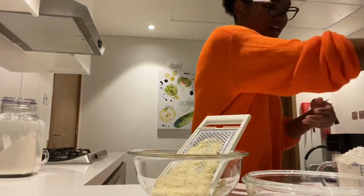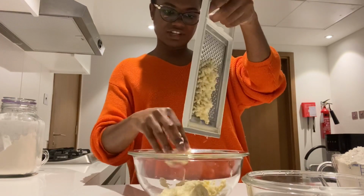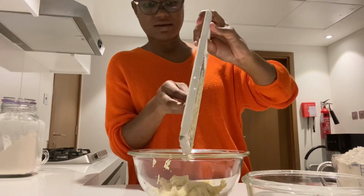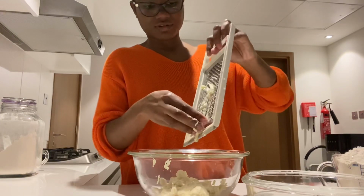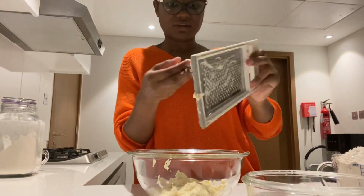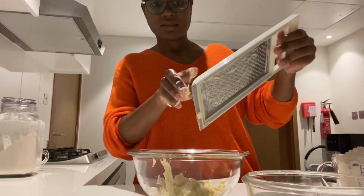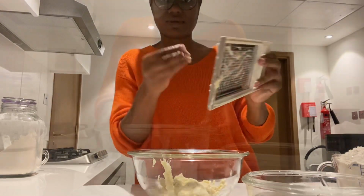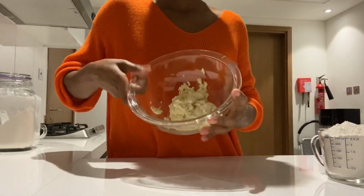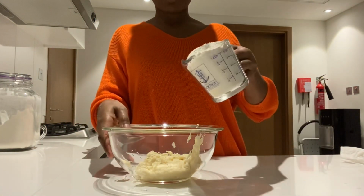Done. Try to remove as much as possible from the grater. So get rid of all of that. You want all of it. Okay, now we have our grated green bananas. So now we're going to add 1 cup of flour